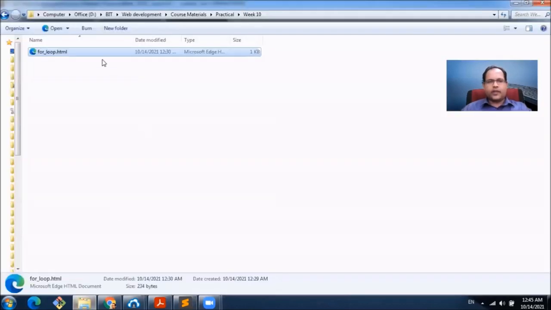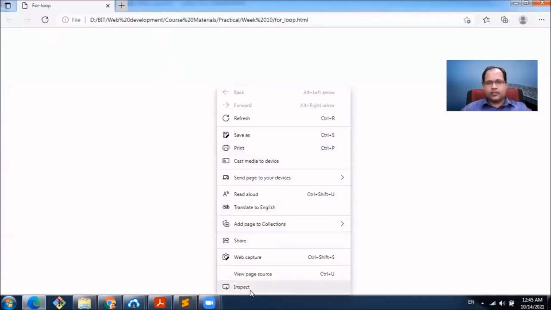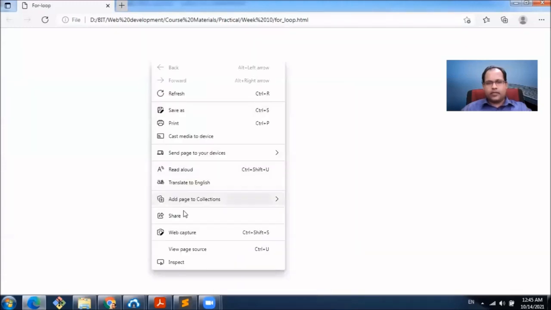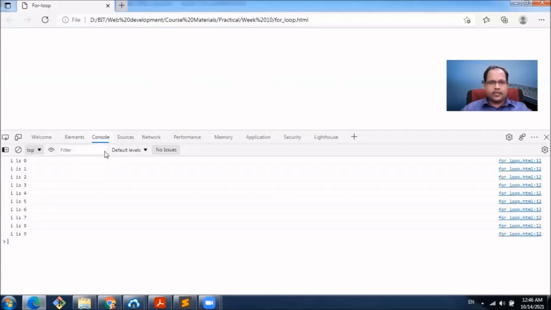So let's open the file. It shows nothing. Let's open the console. What we can do is we right click and go to the inspect section. And here we see the console. Actually, this console is the place where we debug the code. So we can get some output from the program without showing it to the public user.